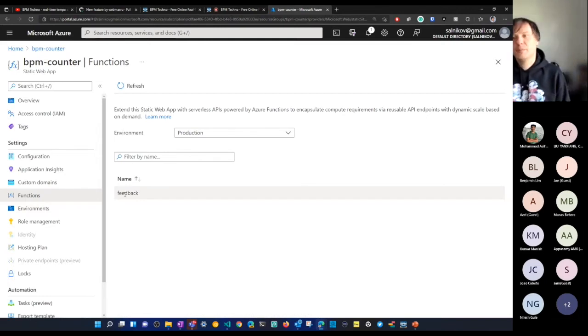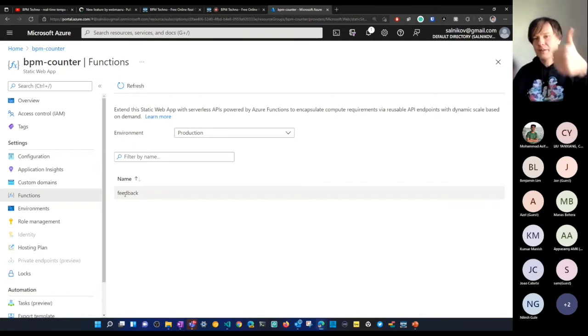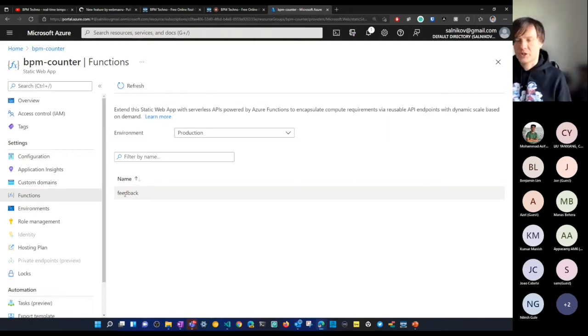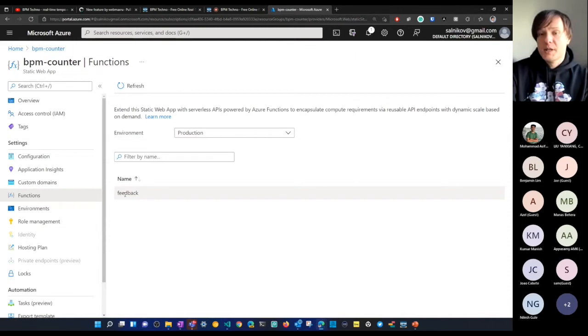And maybe you remember when I detected BPM from my demo sample, I clicked this thumbs up button, and an HTTP call to /API/feedback went to Azure.